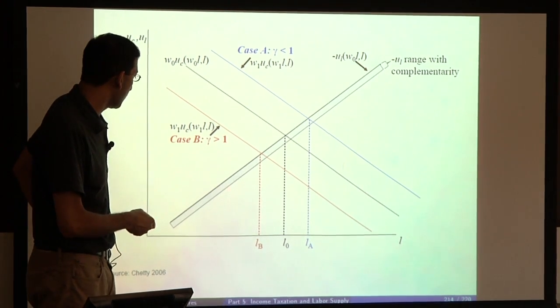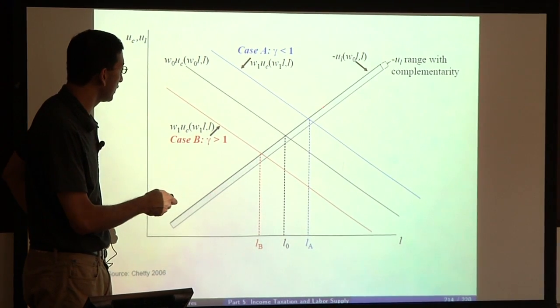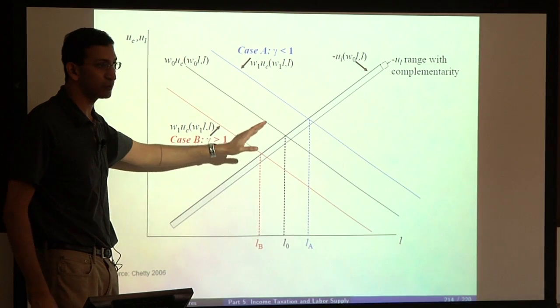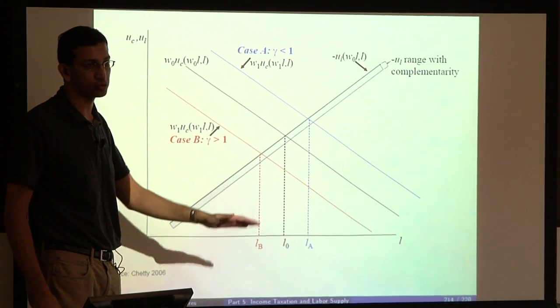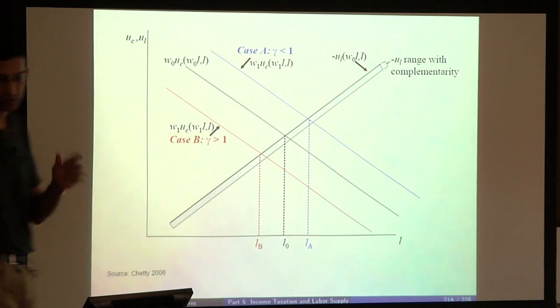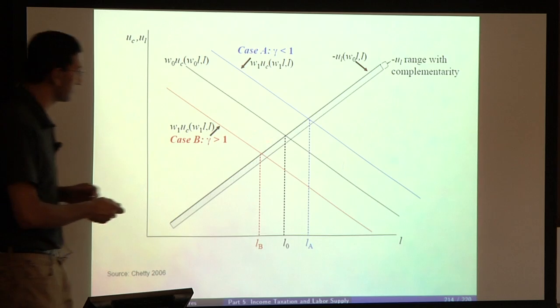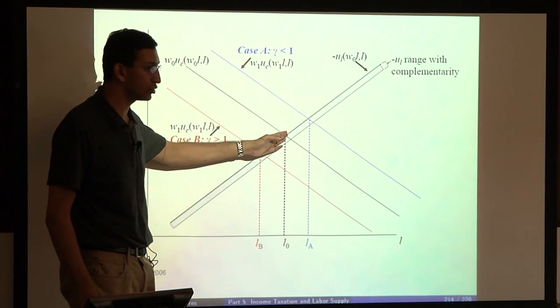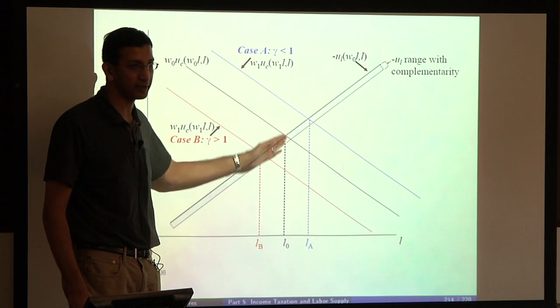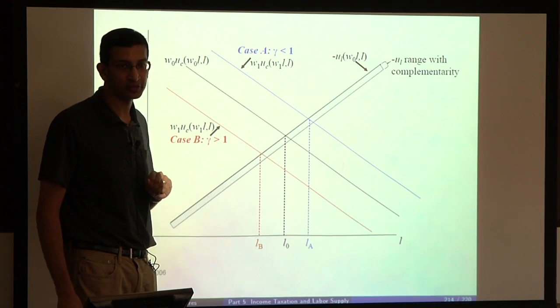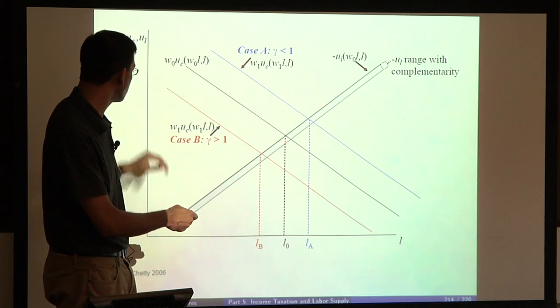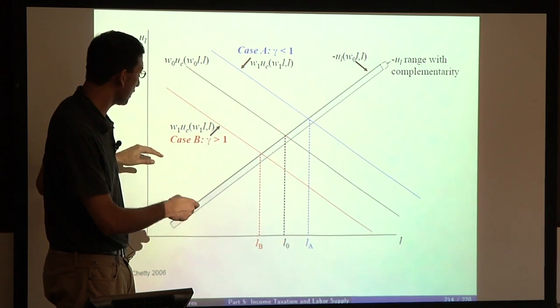Then you have the marginal disutility of labor. That's an upward sloping function, because we assume that supplying labor has a convex cost. The way you choose your labor supply, the optimality condition, is that you choose the point where these 2 intersect. So at a wage of W naught, you are going to supply L naught units of